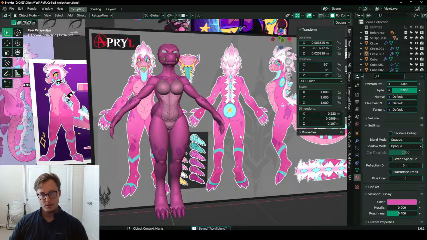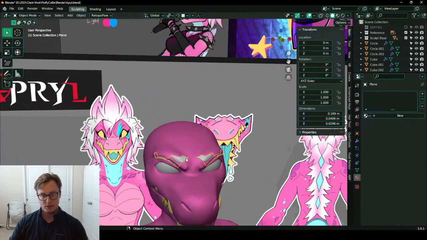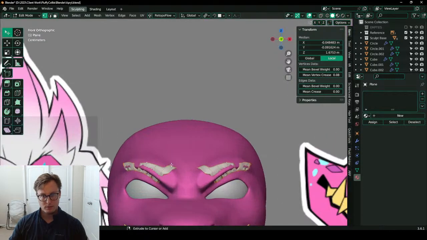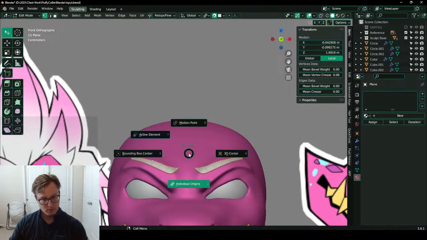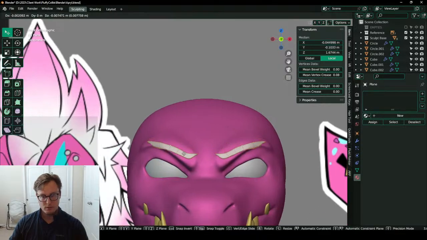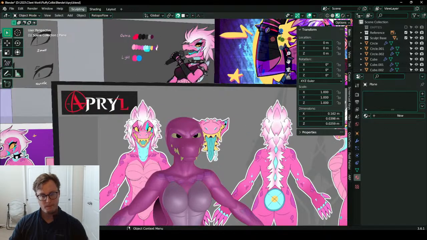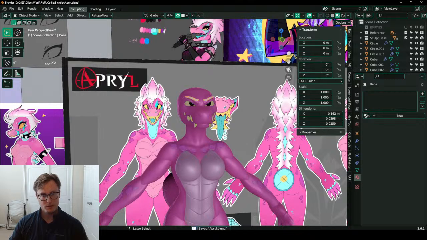All right. So what I'd like to do now is get the feet done, eyebrows done. Actually, eyebrows are done. They just need to be adjusted. She doesn't actually have eyebrows in this ref. But she does in this one.